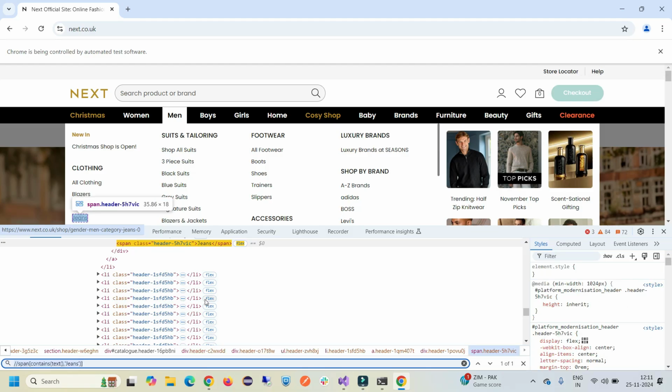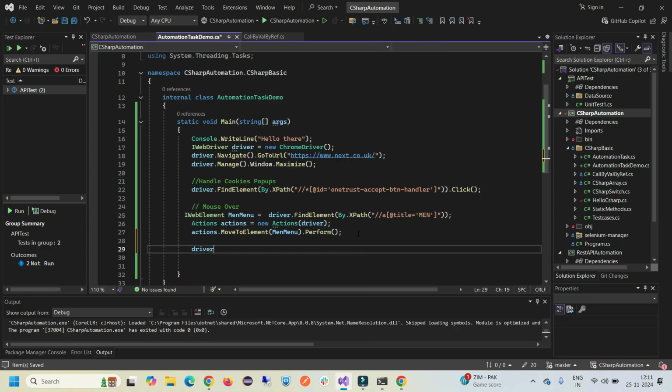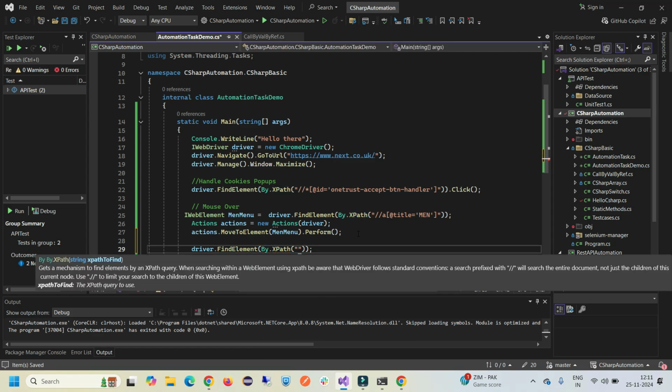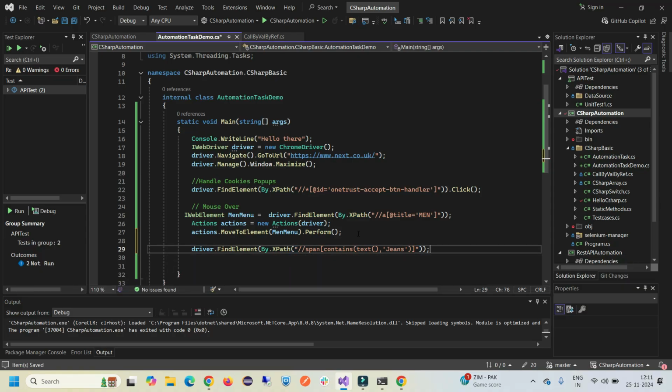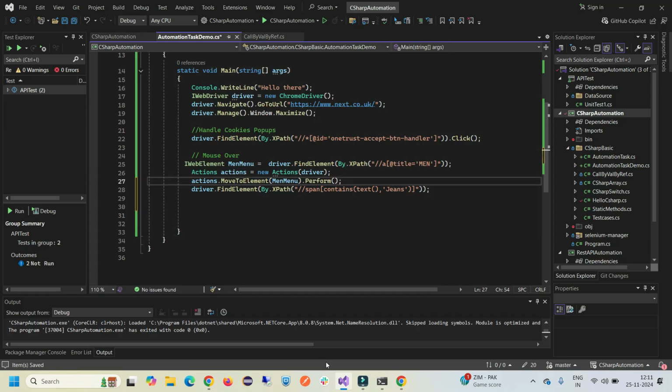So now this is my next XPath, the element of Jeans, where I need to click according to the task. So what I can do next is again create a driver dot find element, and I can pass this element here as by dot XPath, and another XPath I'm going to pass is this XPath, that is Jeans. So now my automation script will click on the Jeans as well,